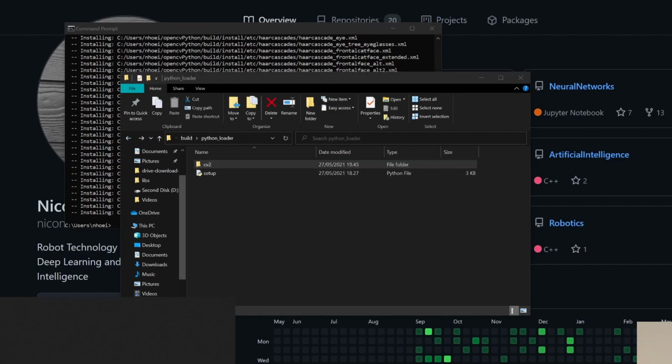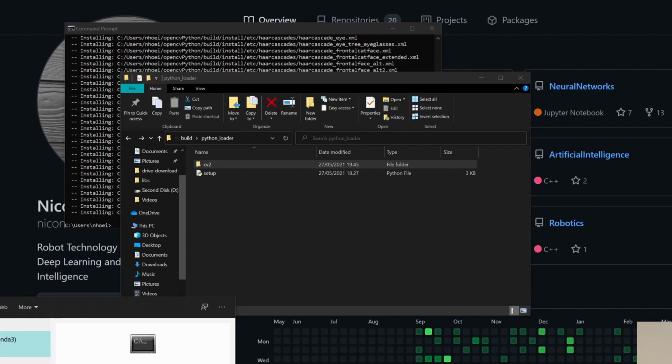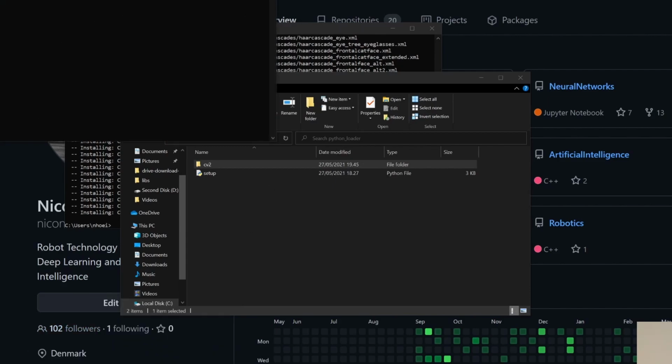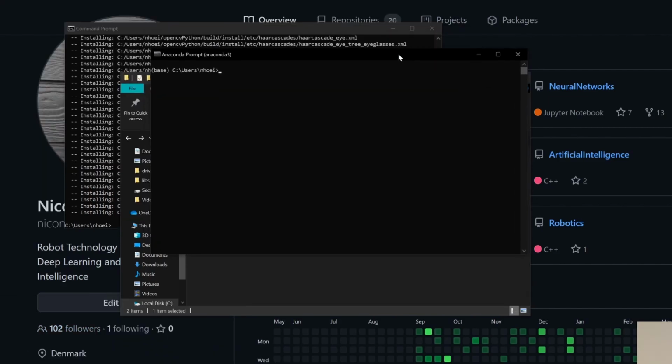So now we can just go in here and open up a new command prompt with Anaconda. So if we go to Anaconda, we just verify that we have this installation. So we go into Python, so we can activate a Python environment, just the base environment with Anaconda. And then we can import OpenCV with import cv2. And then when I hit enter, we can now see that we've imported OpenCV in Python,